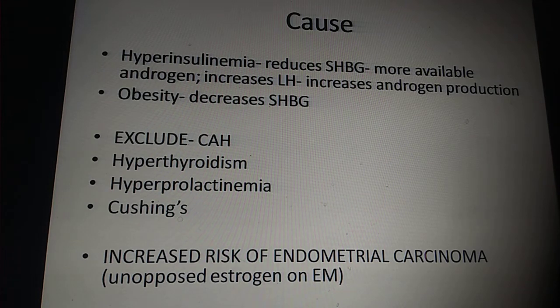So it is good to make them bleed on a cyclical basis. Many of them may be happy because they are having their periods only every 2-3 months or 4 months. They are not unhappy about it. They are not going for a childbearing function. They are not looking for treatment for infertility as such. But it's not good to have your endometrium exposed to estrogen. Unopposed estrogen exposure should be avoided. So it is good to treat them with some kind of progesterones.